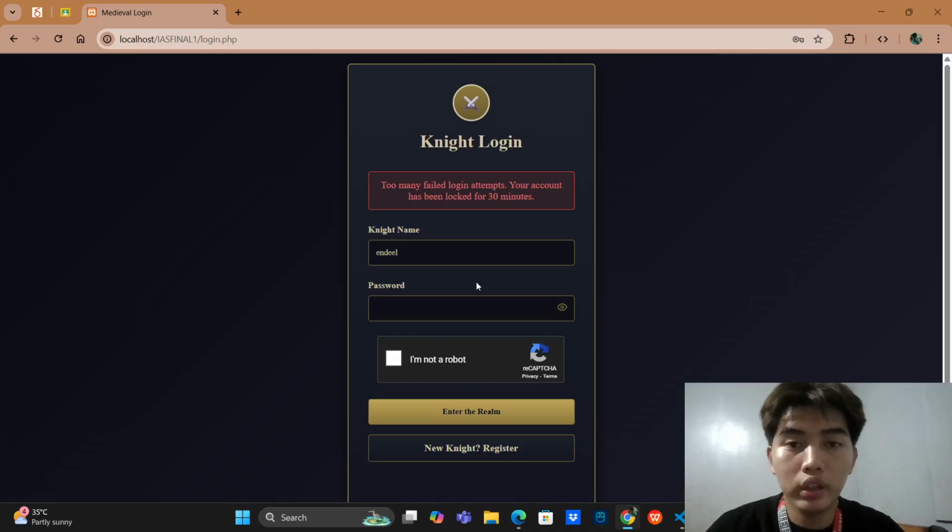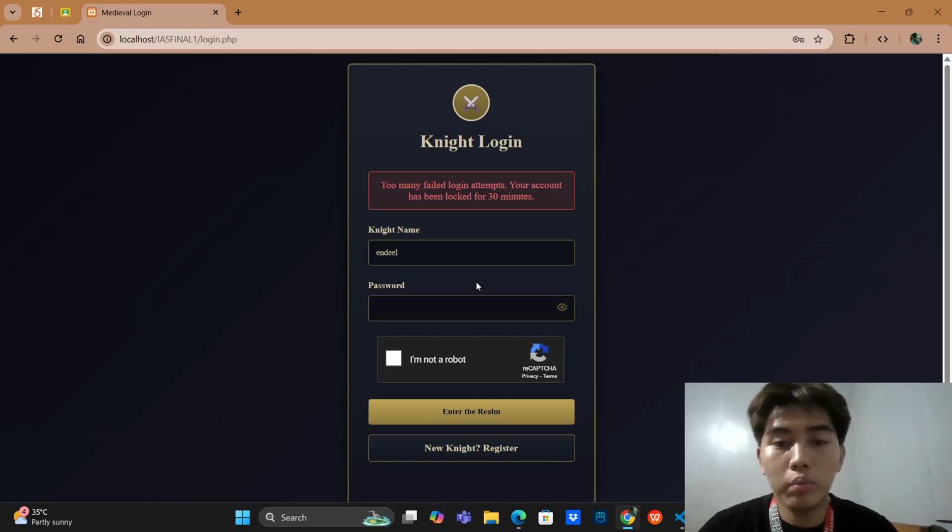After this, since we try to log in the account with wrong credentials, it appears in the login form that there are too many failed login attempts, and that our account has been locked for 30 minutes.